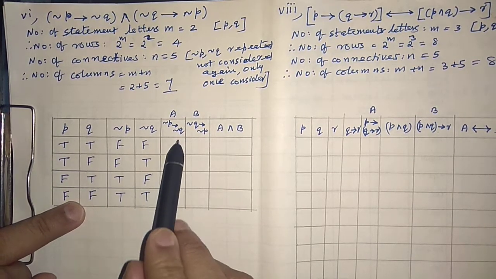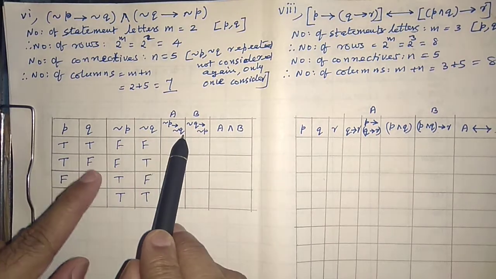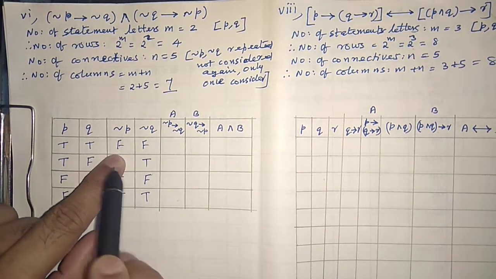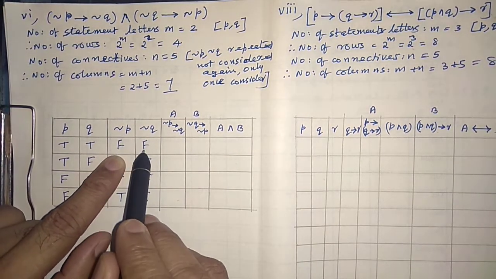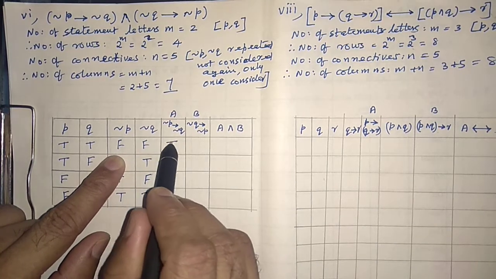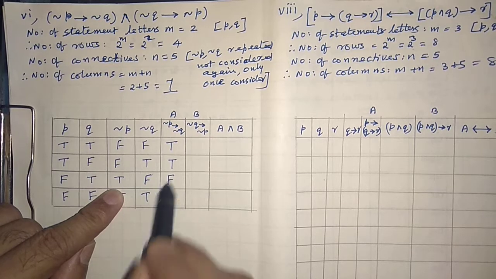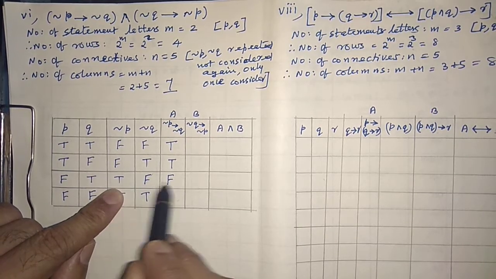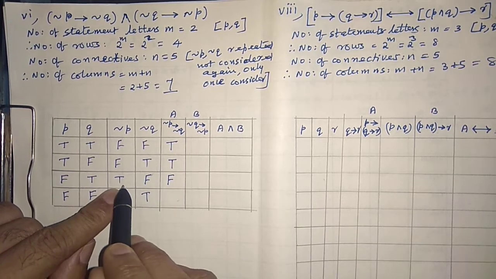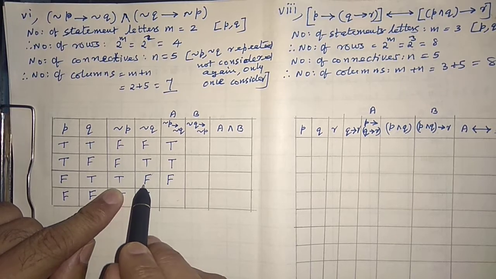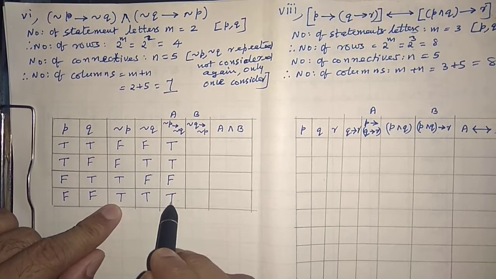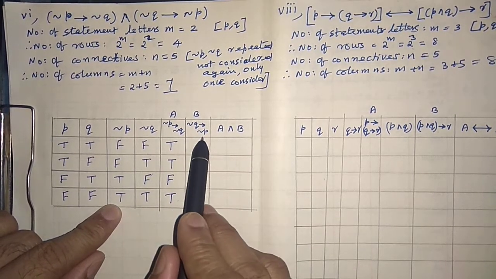Now P simply implies Q, and negation P implies negation Q. These two are simple implications. First is T, second is F, then only F. But it is T now. This is T. TF, yes, it is F. Only this is F. Antecedent T, consequent F, so F.